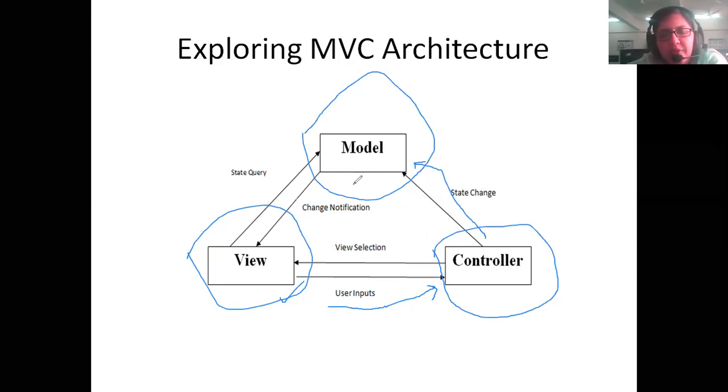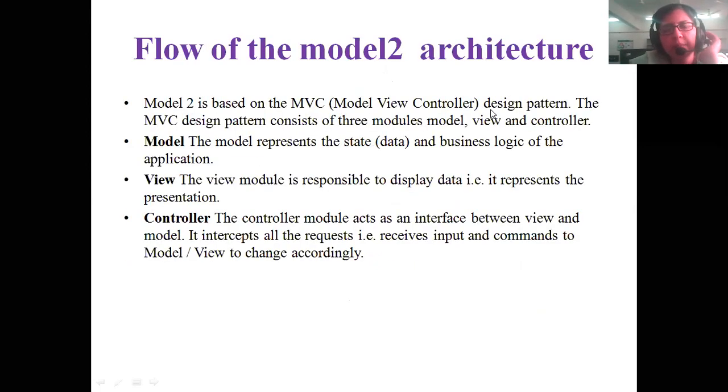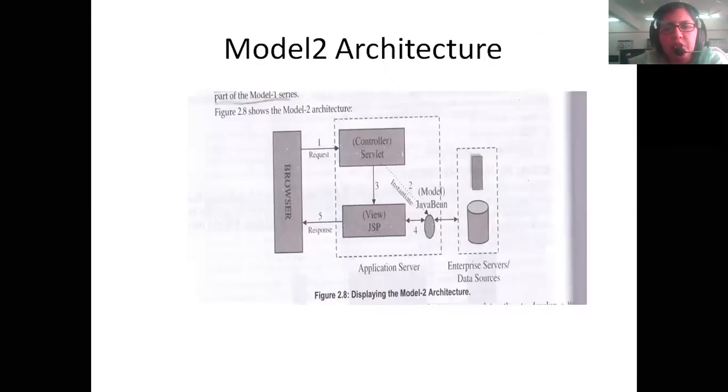So you are clearly bifurcating all the three layers. You have the view, which is the presentation, the model, which is the data-holding software component, and the controller, where you write the business logic, which is responsible for taking the input from the user, sending it to the model, checking any changes in the model and updating it back to the view part. The MVC design pattern is the most fundamental design pattern available in the industry. Based upon this pattern, the Model 2 architecture is designed.